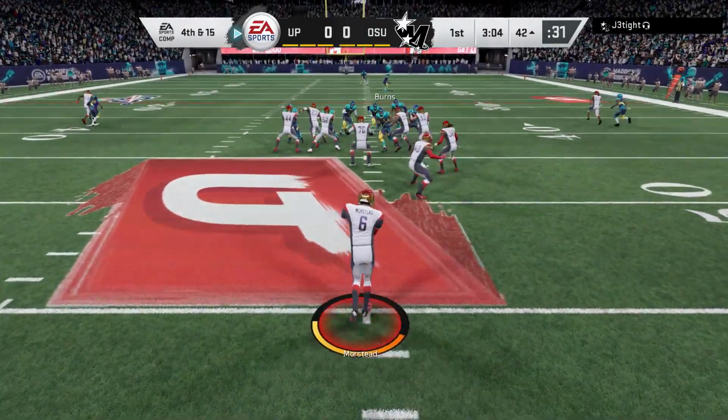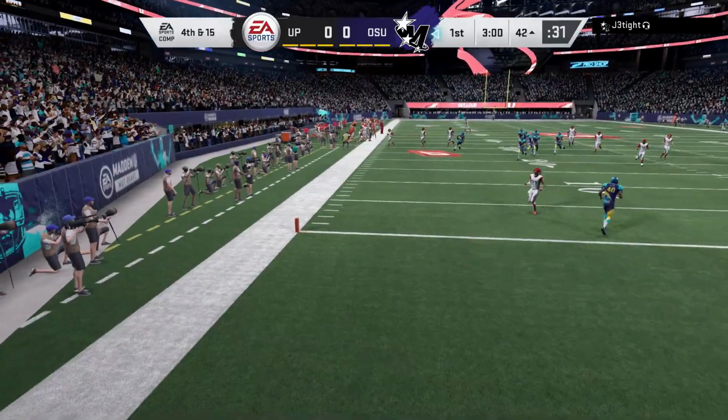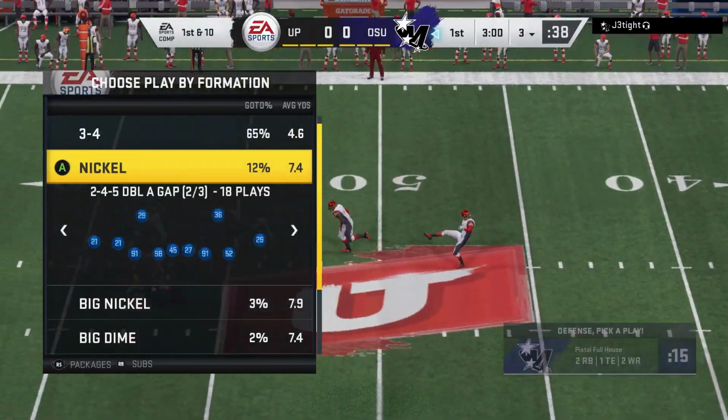We're going to go ahead and pin him deep. We get a really good punt. I'm at his 42. A lot of people would have gone for it there, but early in the game like this, I'd rather pin him deep. We get him pinned back at the 3, and now we're going to pick the defense that I'm talking about,